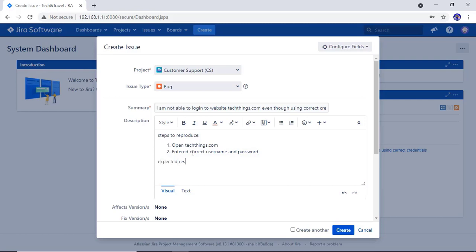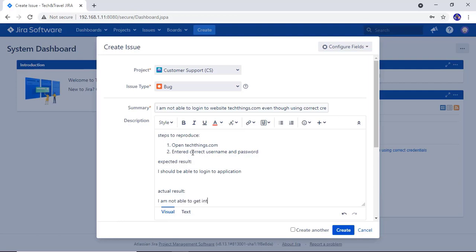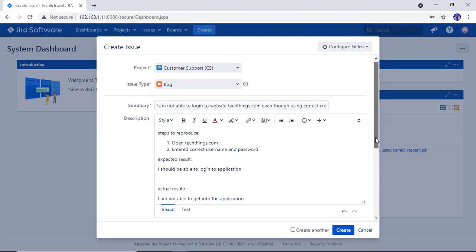Expected result is I should be able to log in to the application, but actual result is I am not able to get into the application. This is how you can provide issue details in description.